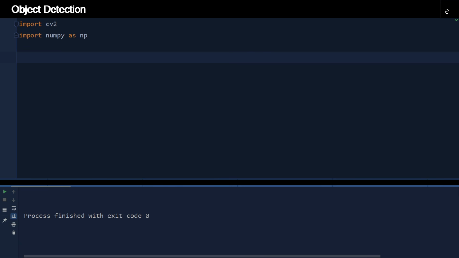OpenCV provides functions to load the weights and configuration files without the need to convert them. So this is very convenient and you don't need to analyze or write your own loading functions. And the functions will return a model object that we can use later on for predictions. So first we just create a variable called net and then use the OpenCV function,